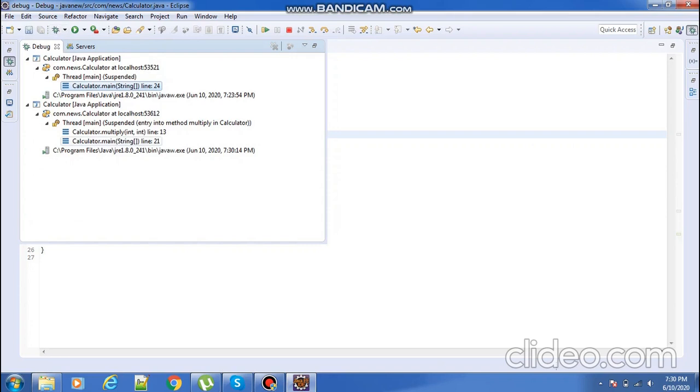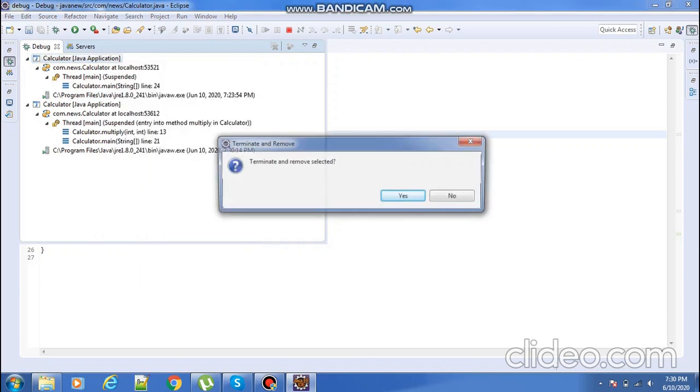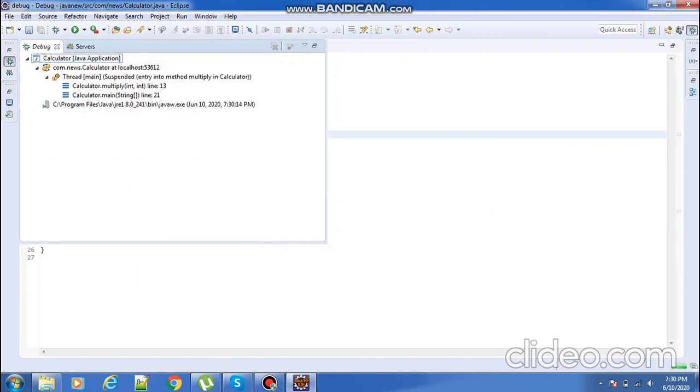See, if I try to debug again, for me both the first debug application and the second debug application came. If I want to close the first debug application, we can right-click and give terminate and remove. So now this debug is going to complete. So now we are debugging the multiply program.